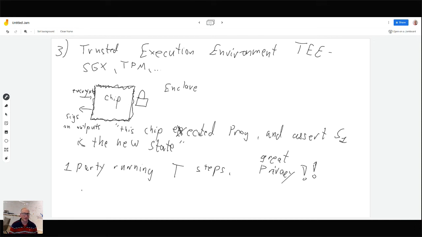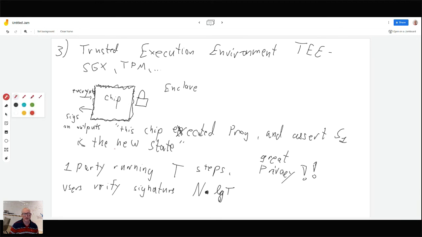So the rest of the world, the users, basically only have to verify the signatures, which is very, very lean. It's much, much less. So the total amount of work is n times something that's really, really tiny. It probably is something like the logarithm of t, because you need the security to be at least the logarithm of t. But all the other users have to run something that is exponentially smaller than t, and this is still safe. So this is a great, great system.